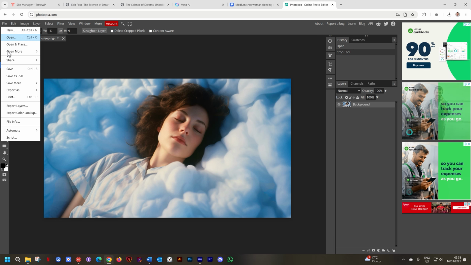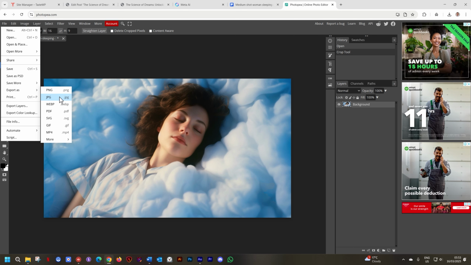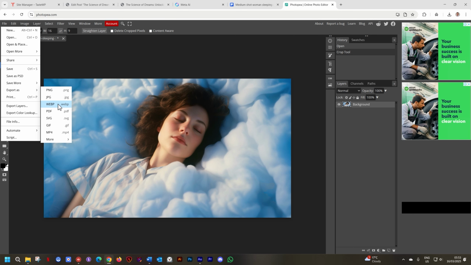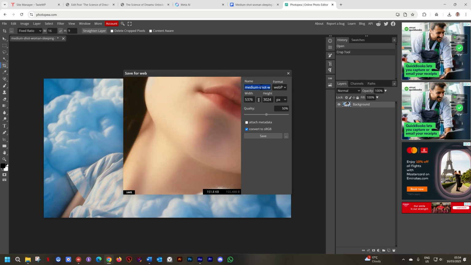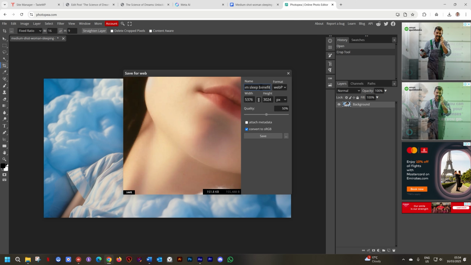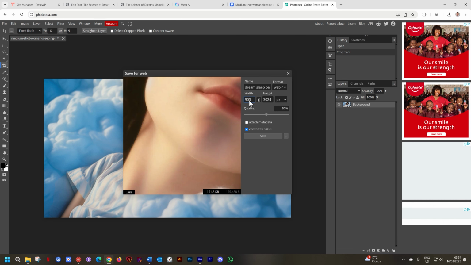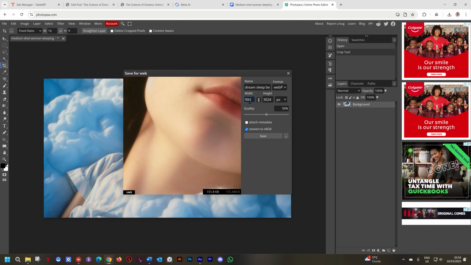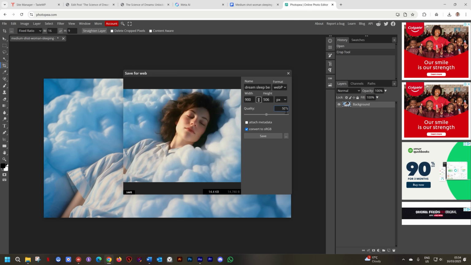Hop on over to File, Export As, and select WebP. You see the regulars PNG and JPG, JPEG is up there, but we select WebP. And this will give me the export box. Under the name, first give it a name. I'll say dream, sleep, benefit, something like that. And then for the width, remember, it's going to be part of my content area. My content area is locked at 900 pixels. I'll put in 900 pixels. Now I tab on my keyboard and the height will automatically adjust. Under quality, leave it on 50%. If yours is not at 50%, put it on 50%.